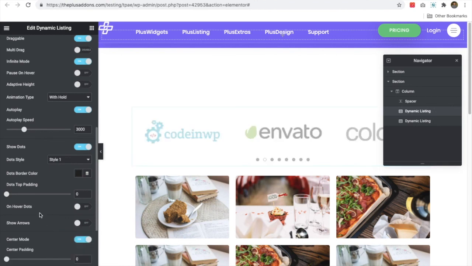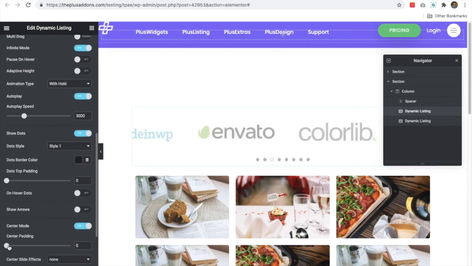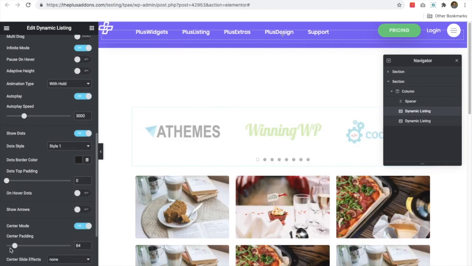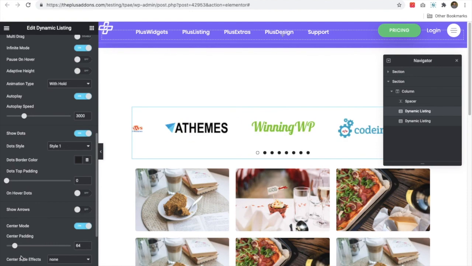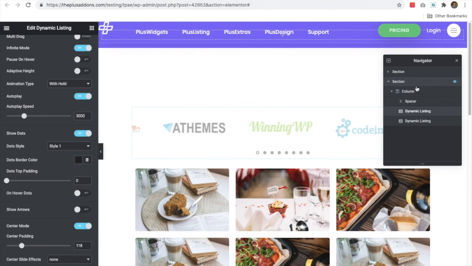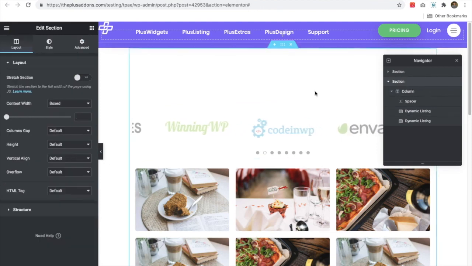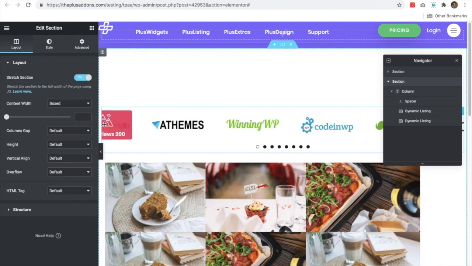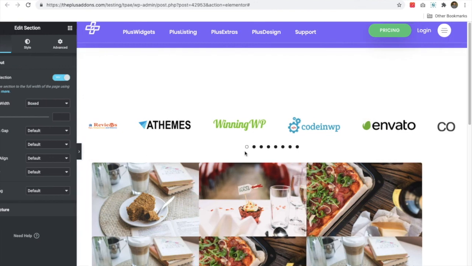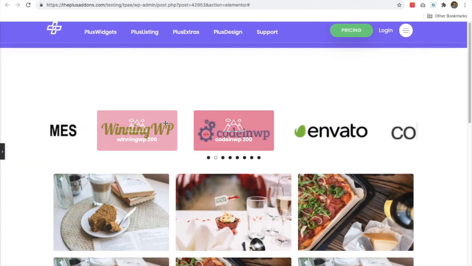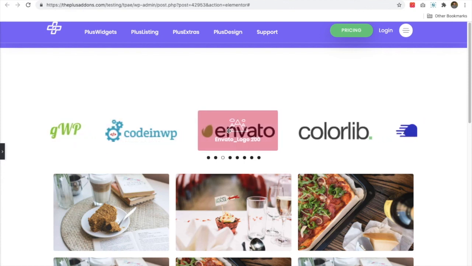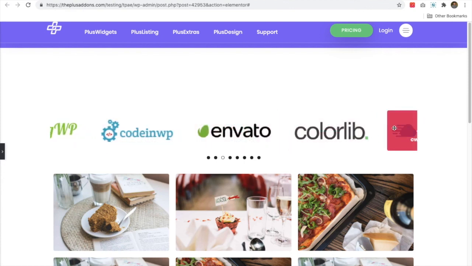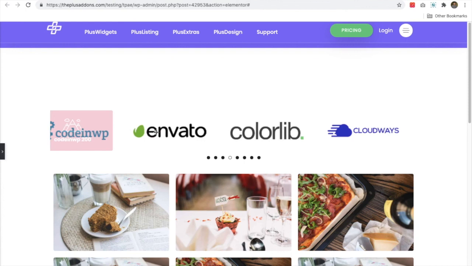Then you can enable the center mode as well. Like this. Let's make that section a stretch section. Let's turn off everything to get a look. You can see that effect we have made, and you can use that in your custom post type.